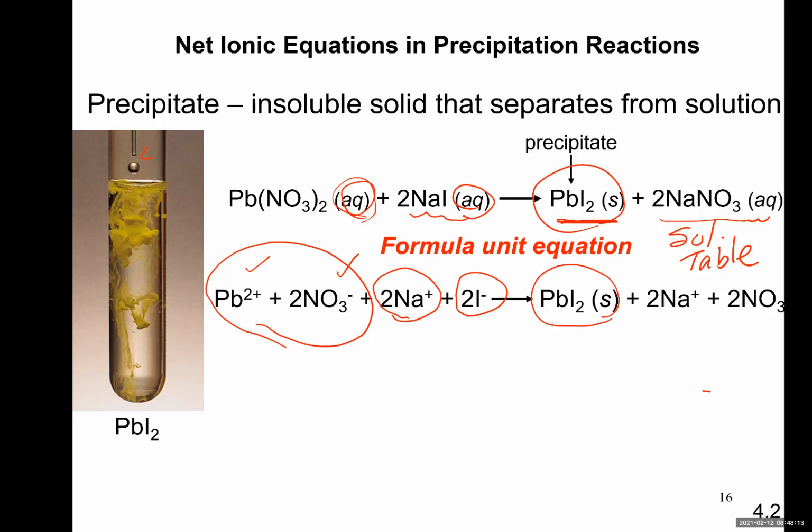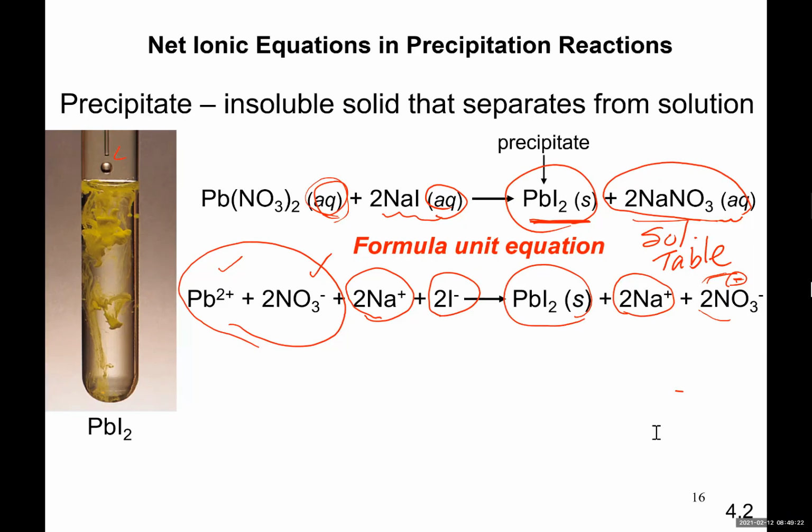And sodium nitrate is water soluble, that means in the solution it is found in the form of negative charge and positive charge. So what you see now, I have converted what was called a formula unit equation into an ionic